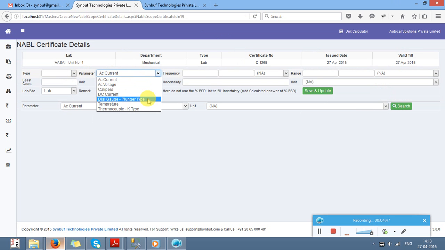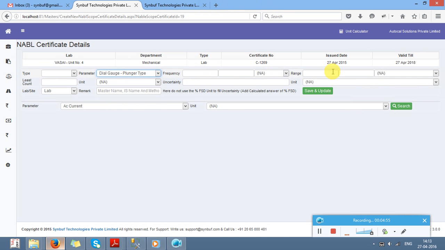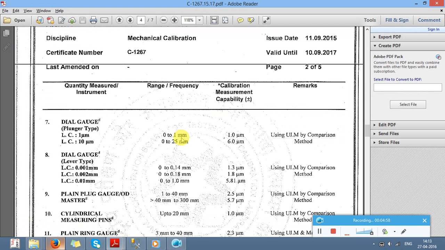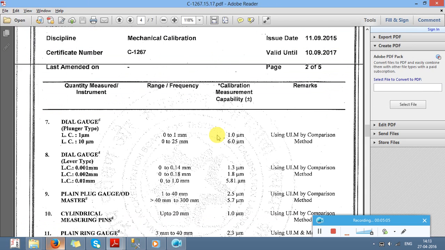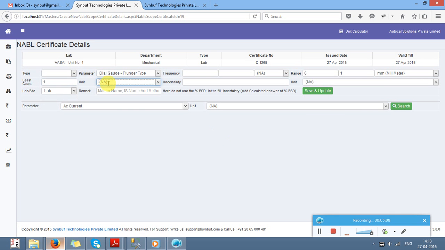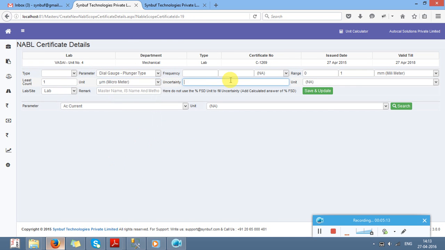Then if you see the dial gauges plunger type, then go here, least count is 1 micron. So leave the frequency for the dimension, range is 0 to 1 mm. So 0 to 1 mm, select mm, then least count is 1 micron, so select 1 micron here, this is a micron, and what is my uncertainty is 1.0 micron, and select 1.0 micron here, and this is for the lab,